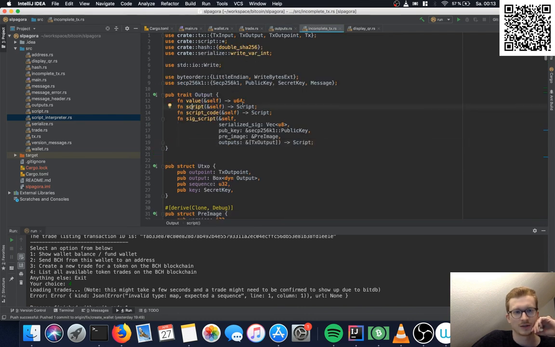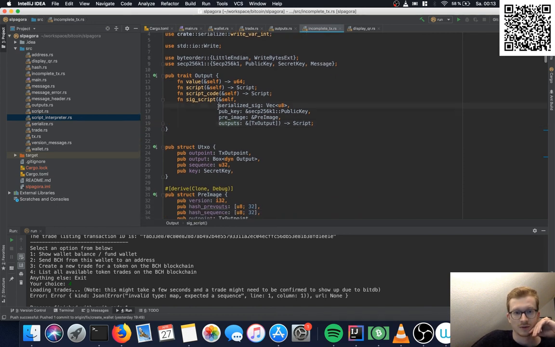And the output is basically just: how much are you sending? What is the script that will be put into your transaction? What is the script that will be signed, which is sometimes different, but only for pay to script hash transactions? And then this will actually sign or build the sign scripts given the signature, public key, and stuff like that.